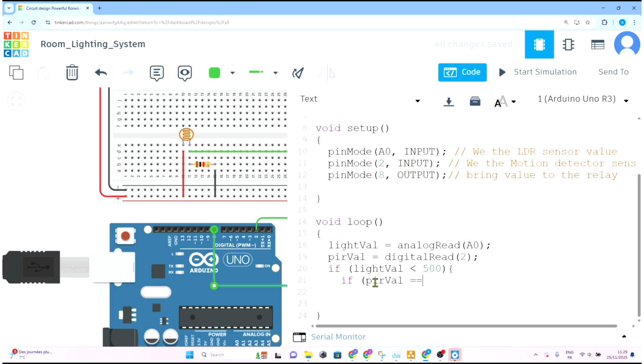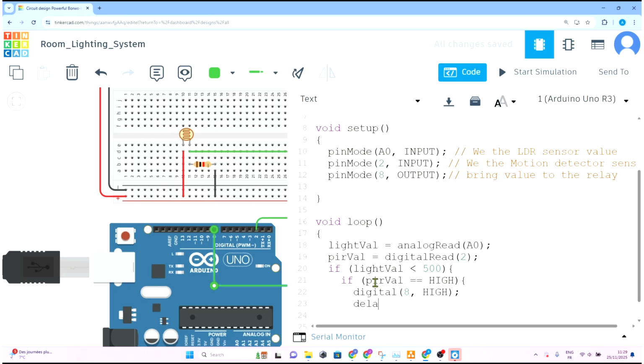So we verify if this value is high. If this is true, we're going to turn on the light